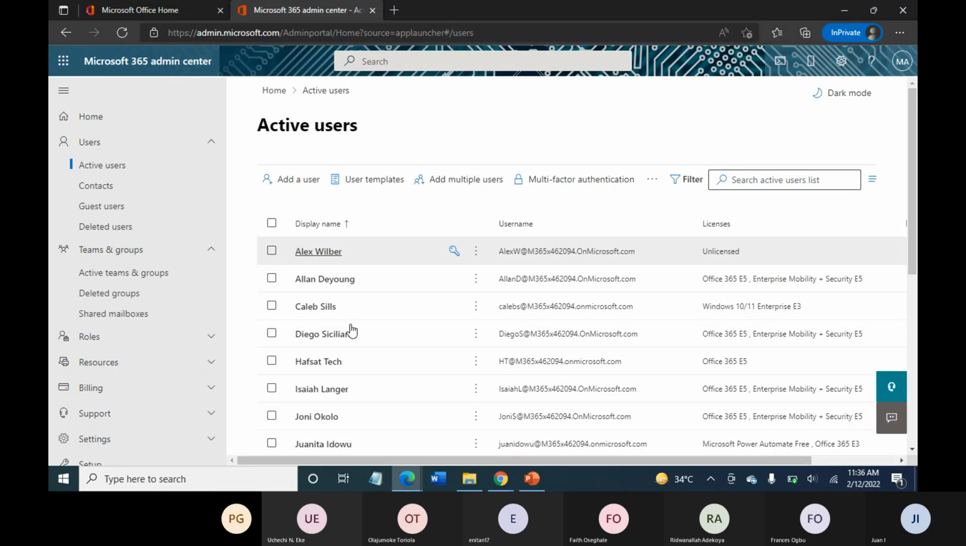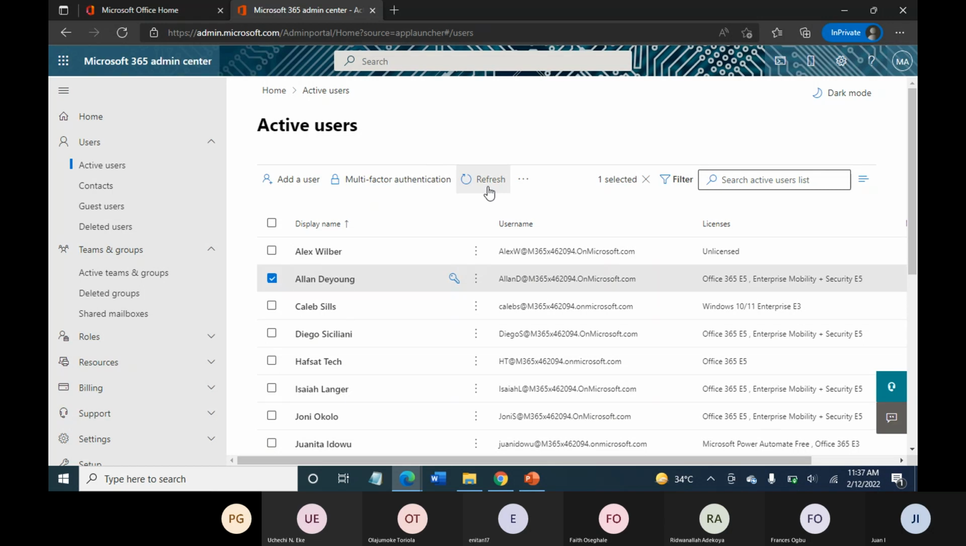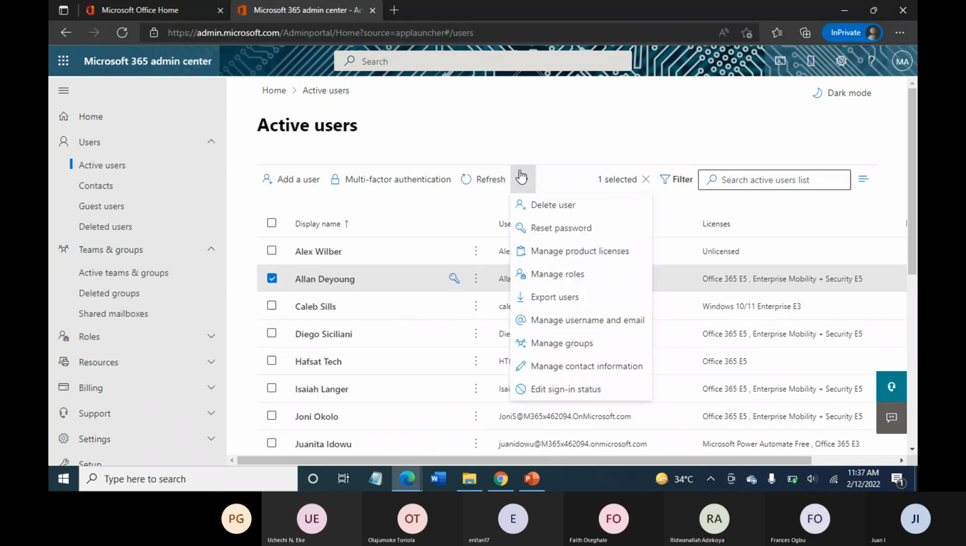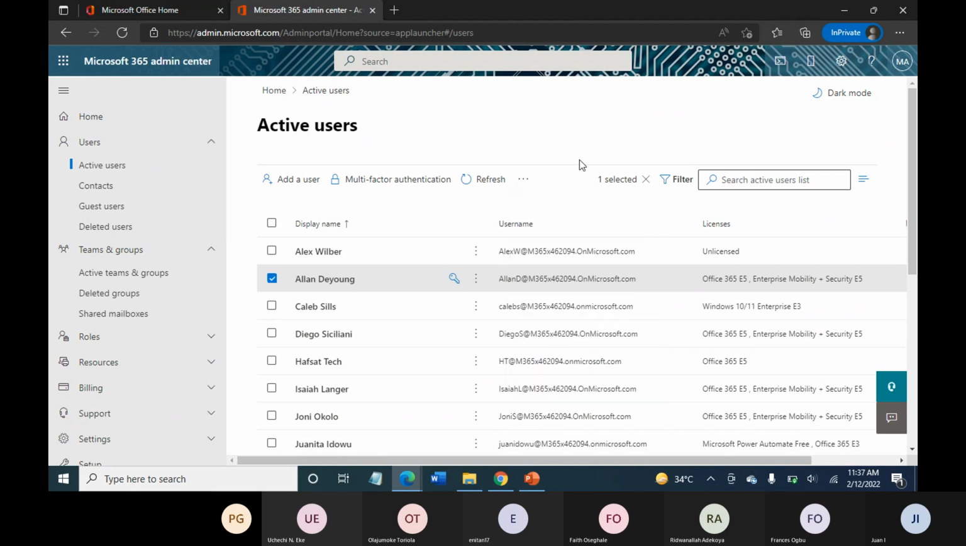So I can select this user, for example, and then decide to delete the account, right? I can delete the user just by selecting the user because I know this user is not actually existing, right? So to create a new user, all I need to do is to click on add a user, right? This add a user box in here. So I click on add a user,